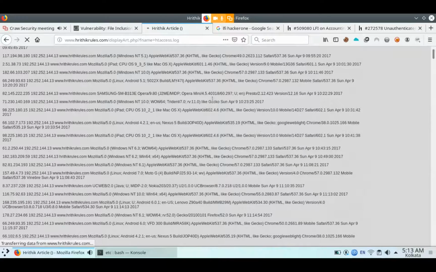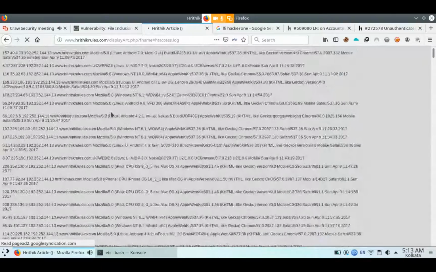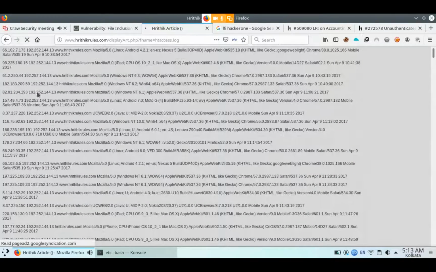After the page loads, you can get all the information of any person. If you are logged in, your information will also be here: your IP address, your system, mobile phone, all the things. Successfully completed.